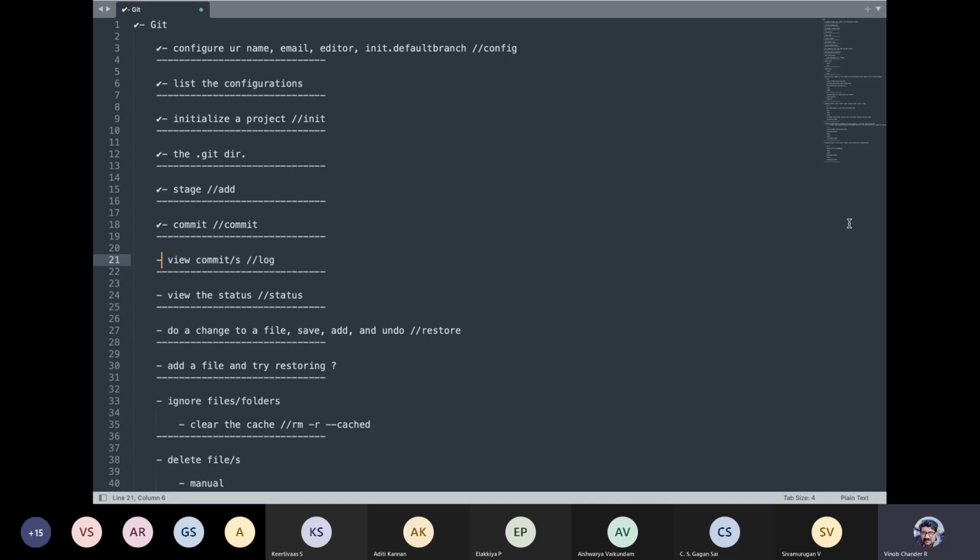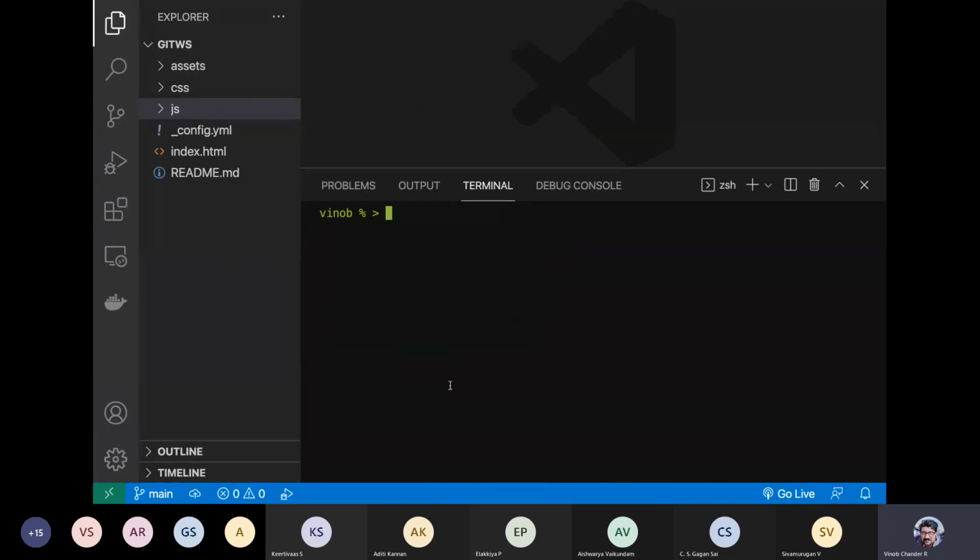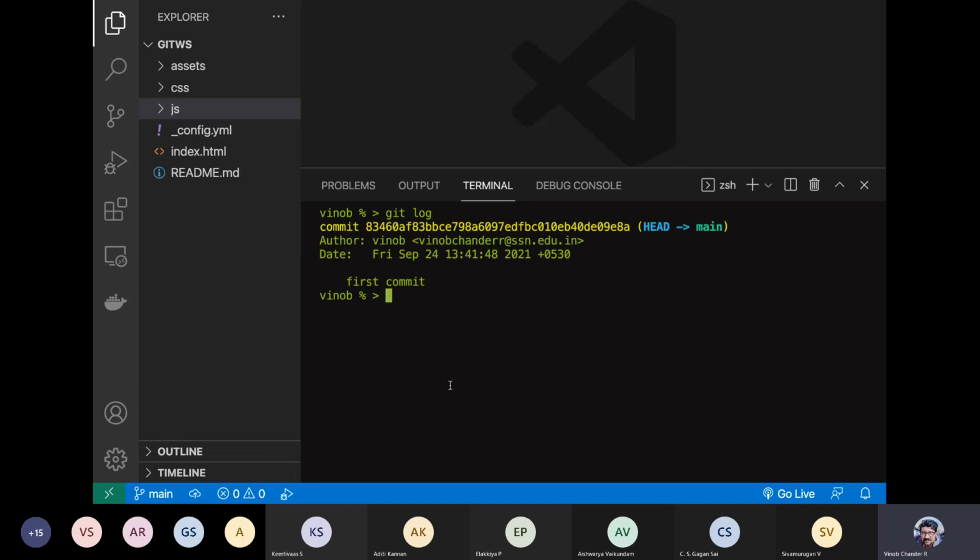Okay, now let us view the commits that we have. We just have a single commit now, so let us view that particular commit. So how do you view your commit? Okay, this is how you view it. You just say git log.